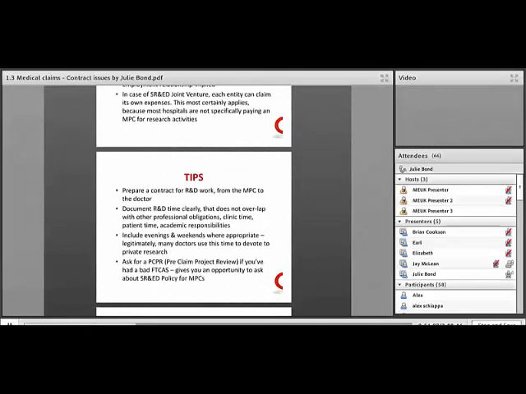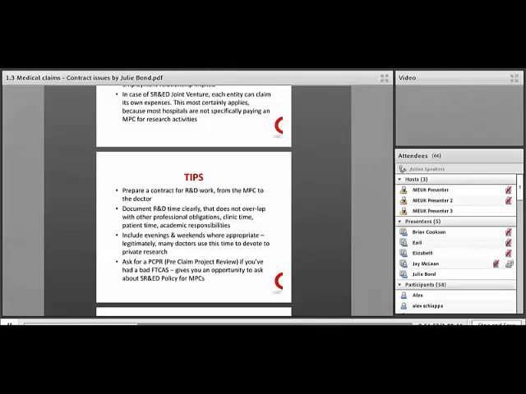I think it's a very good tip to start showing these contracts directly from the hospital to the MPC, so there can be no doubt. What we've heard from some of the doctors is that the hospitals have their contracts and they don't want to change them, but they don't really do any benefit for anybody. They're old contracts, and they didn't anticipate any tax implications from these contracts. But ideally, if the doctor does have an MPC, just go back to the hospital and renegotiate that contract and say, listen, can you please hire my MPC as opposed to my name personally, so that there's less confusion with CRA. Of course,